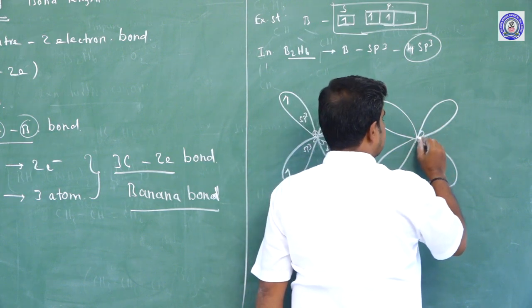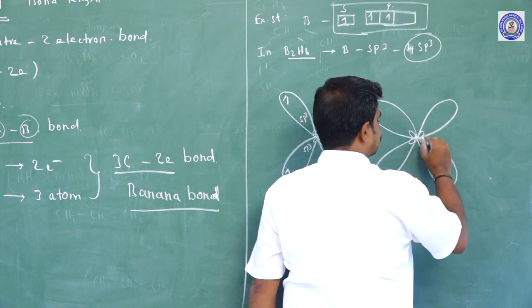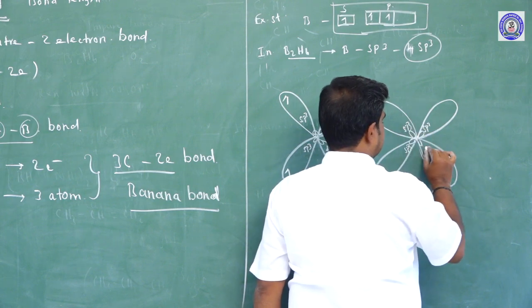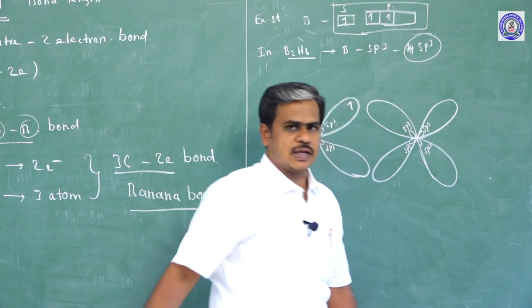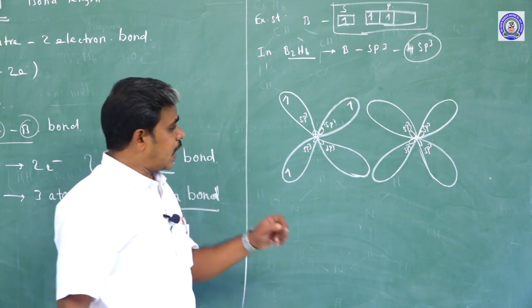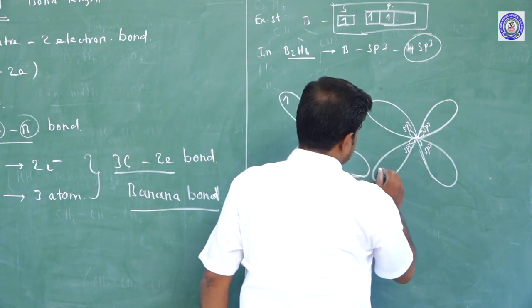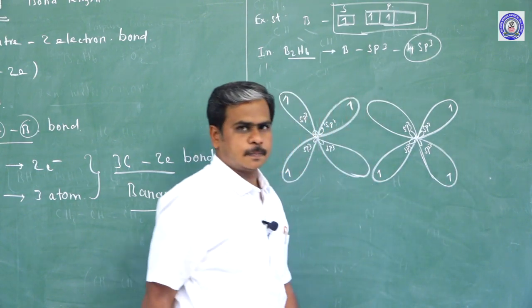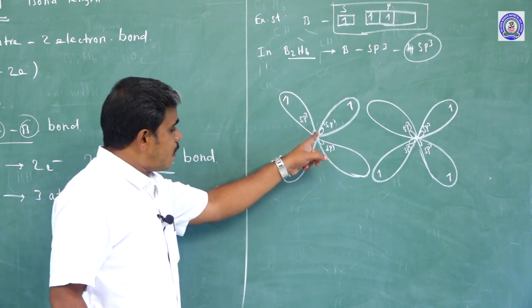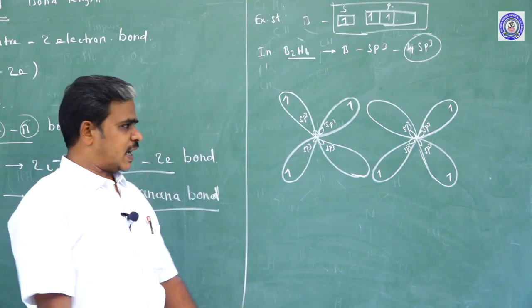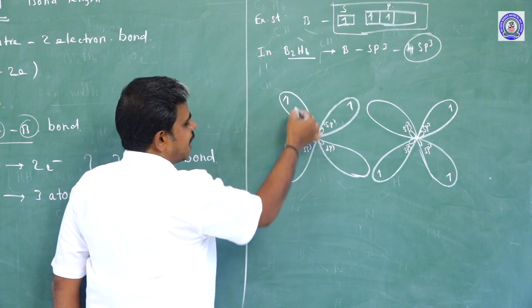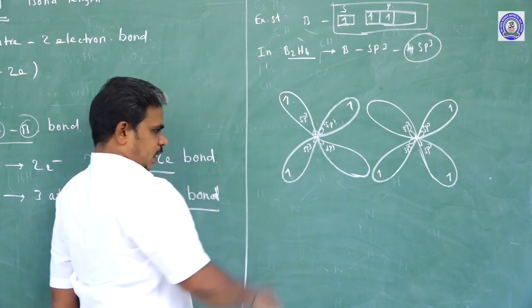So all are sp3 hybridized orbitals. Here also, 1 electron and one more electron and 1 electron. Now, for one boron atom, these two sp3 hybridized orbitals, this one and this one,